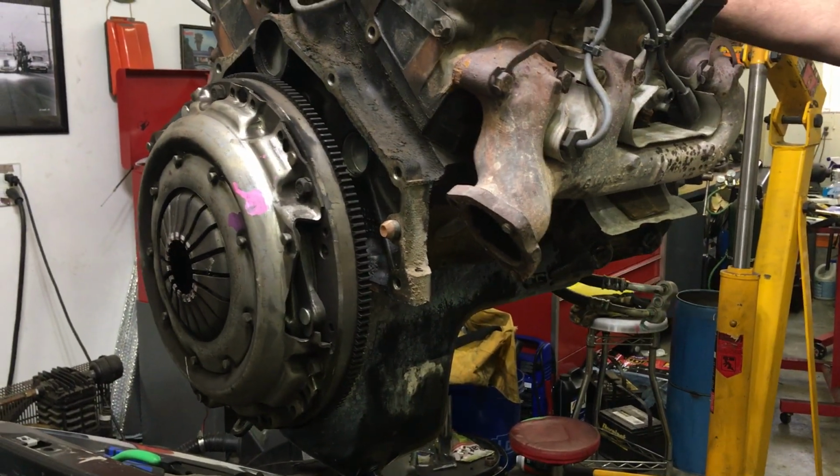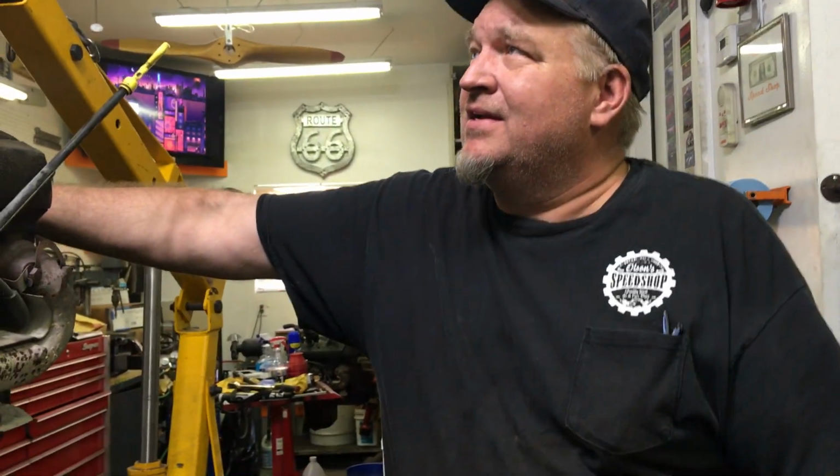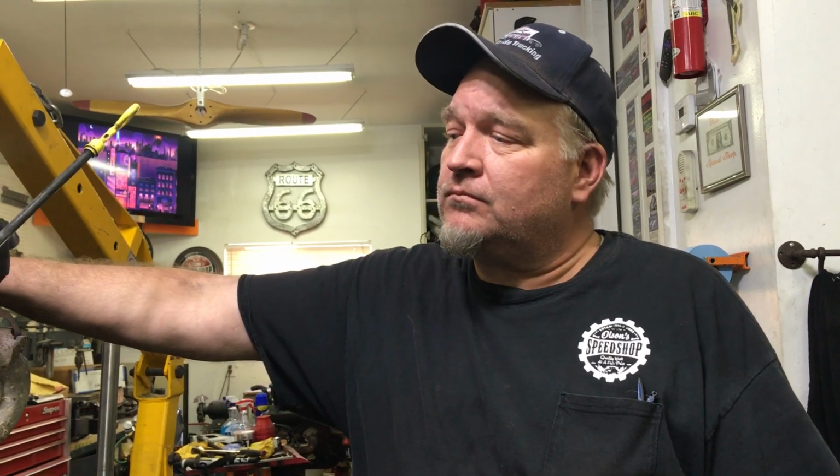But we'll get this on the engine stand, put them side by side, swap around. It's going to be a couple weeks before we get back to this. Steven actually has his S10 booked to come into the shop on Friday. And lo and behold, we're pulling that transmission out of that. Now his is a 2.2 liter 4-cylinder, but it's a 5-speed trans. We put a brand new clutch in that one,